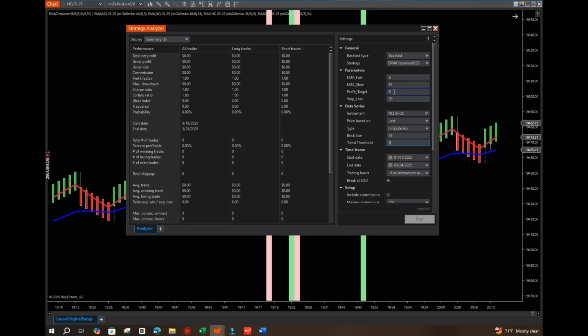So you can set profit target from 1 to 30, for stop loss, 1 to 34, or 1 to 9, and it'll run every single combination. And then you can set how many results you want it to return, and it'll tell you the best settings